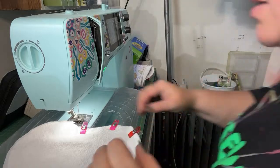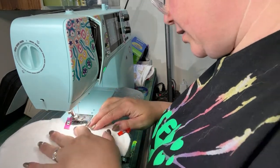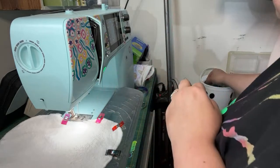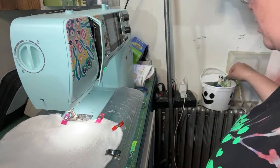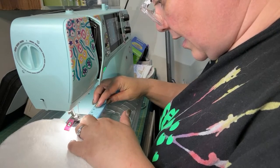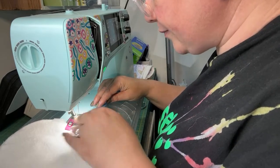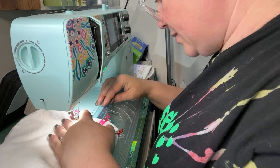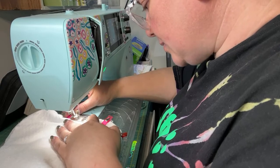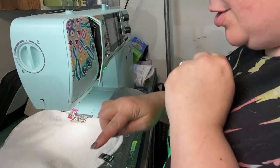We're going to start right where we have that notch that we clipped in. We're going to start our stitch there, and we need a 3/8 seam allowance. So I have to actually measure this on this one. I did get some of those little stickies to put on here so that I can actually know where it is on this machine. 3/8 is right there, but I see the little notch there. So we're just going to do a 3/8 of an inch stitch all the way to the